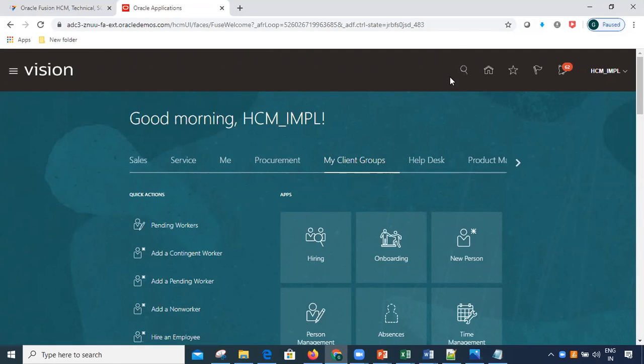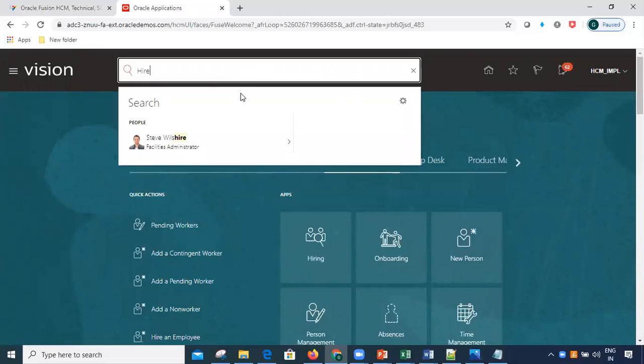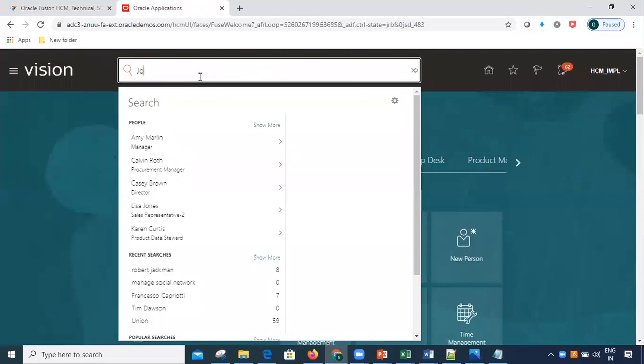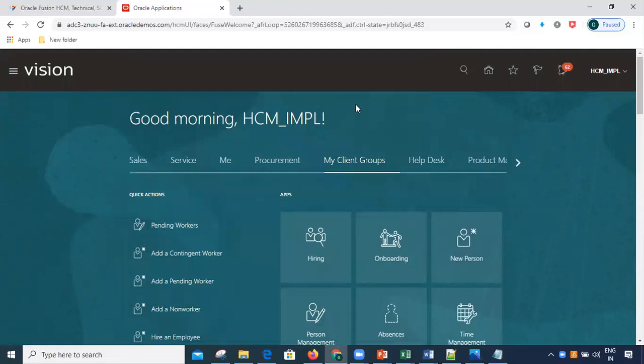So here we will have a functionality called global search. If I click on this, then my search bar will open up here. I want to search for any employee here, or I want to search for any task here. Usually all the things will come. Search for the job, like see the date, the details of the employees.